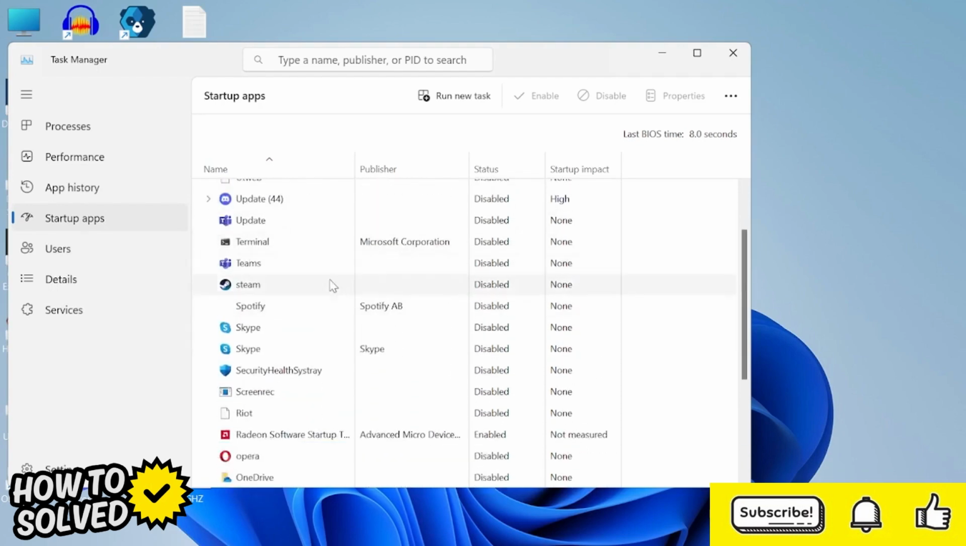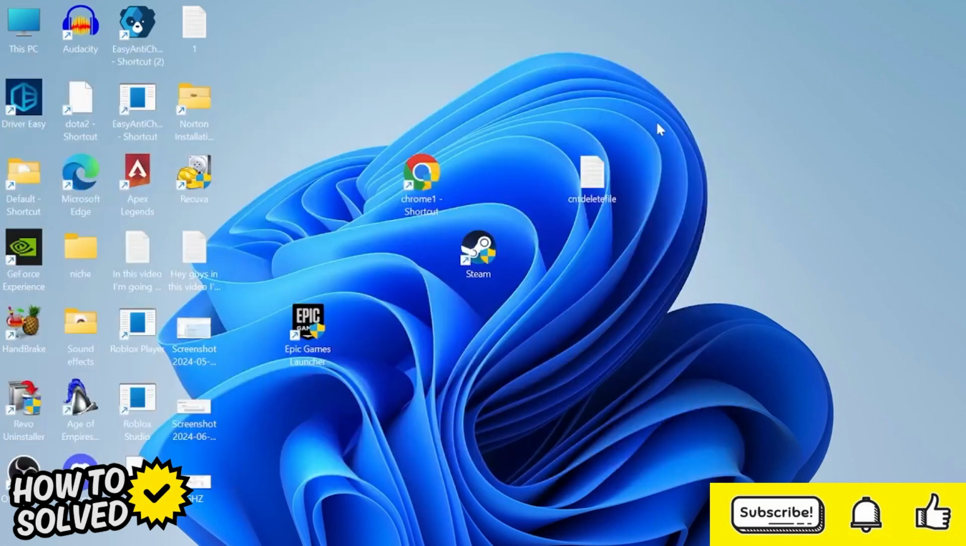So I already have most of mine disabled, but to disable an application we just simply right click on it and then select Disable. You can then head out of this window, and the last setting we're going to change inside of Windows